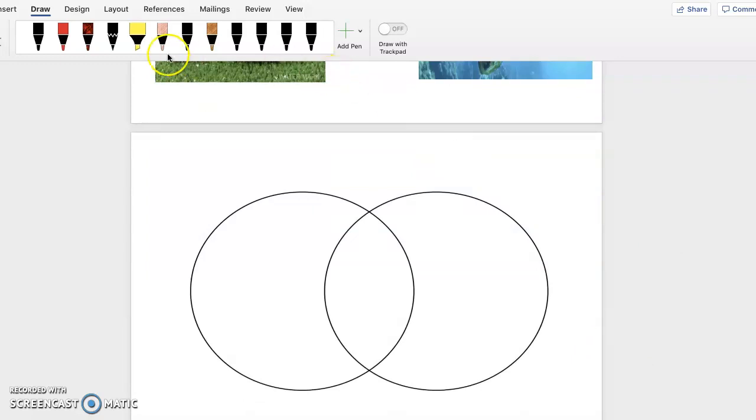So guys, let's look at our Venn diagram, and I want us to mark it up. So remember, this is part A. So here we can write